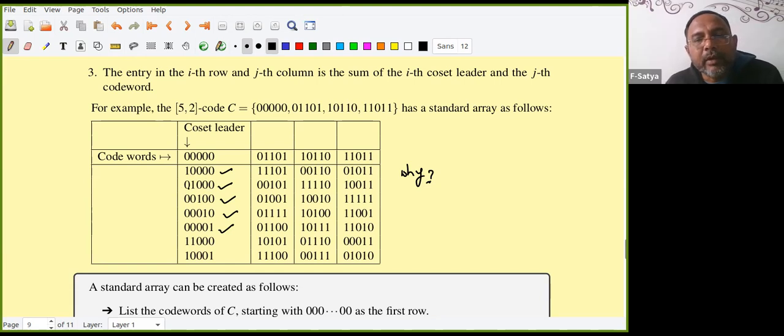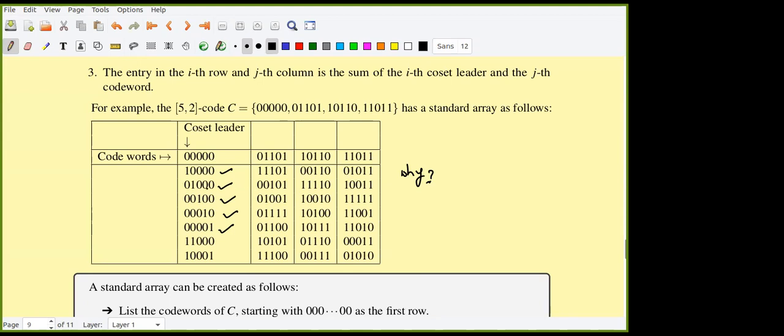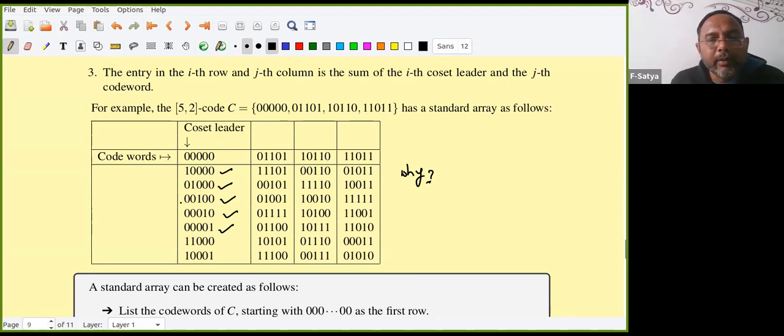So you are constructing one row after the other, no? Suppose that the first two rows are constructed. How do you construct the third row? Why do you choose this vector first? So out of all the remaining code words, the remaining table, I took the vector of minimum weight. So I took this one. I can take this one also, not a problem. In that case, the rows will interchange, but nothing will change.